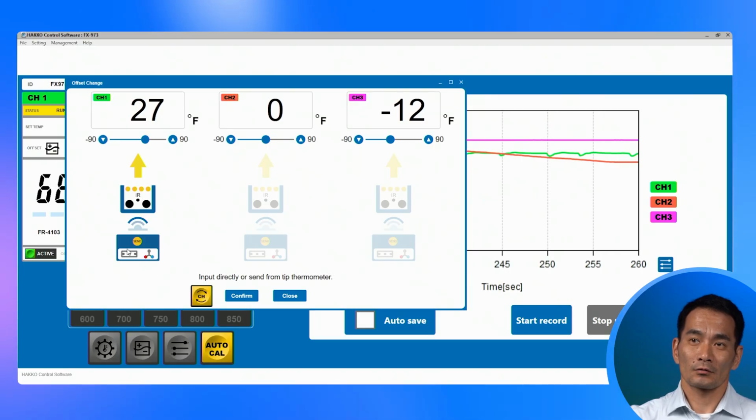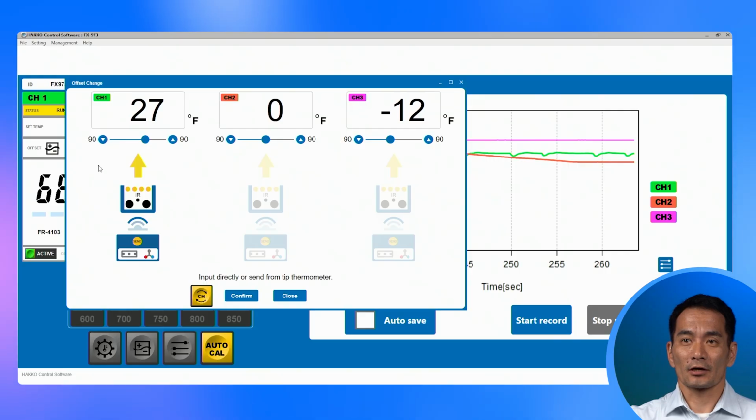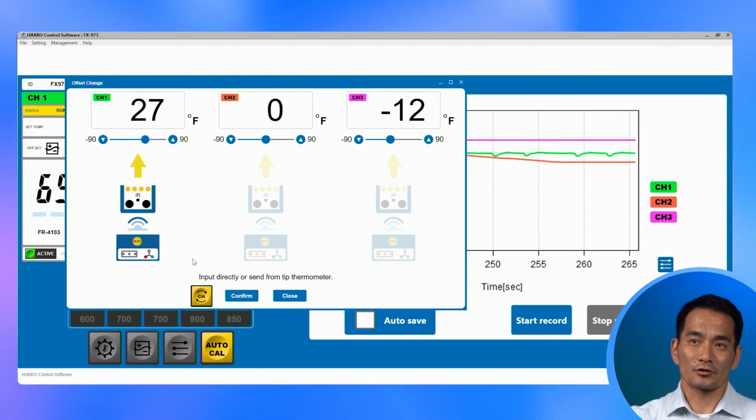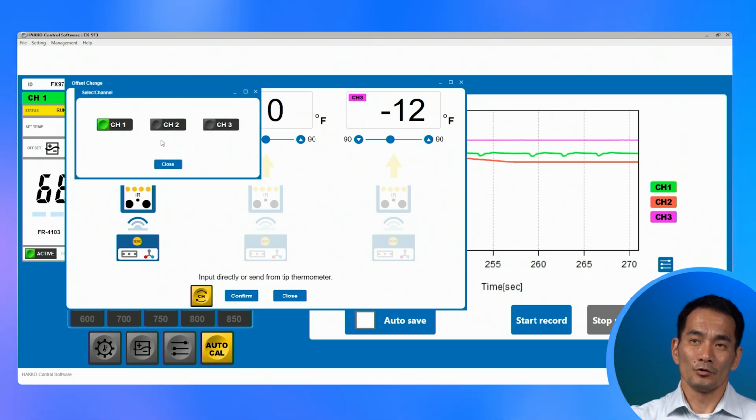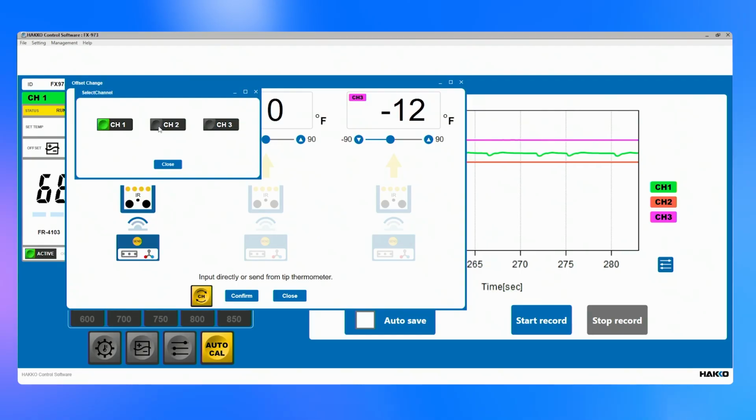So right now, channel 2 and channel 3 are grayed out, but channel 1 you have access to make changes to. If I click this channel button, you'll be able to select which channel you wish to work on. It's like using the edit bar on the station itself, right? So if I want to make changes or put in a different offset for channel 2, I simply click on channel 2, hit close,